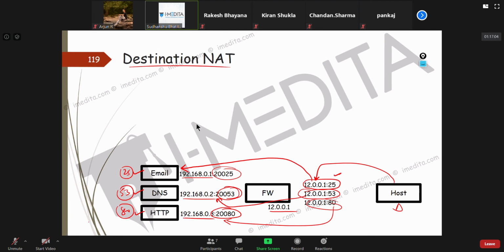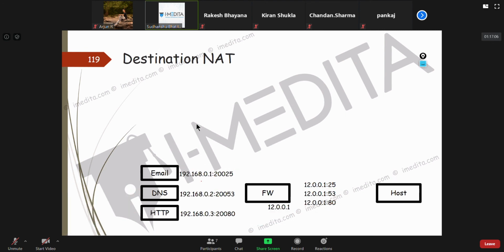But a lot of times, because well-known port numbers are available and even the attacker will know that if you have hosted a server for email, you will have port number 25, a lot of organizations don't keep the same port number internally, so that they can prevent an attacker from getting to the server, not really telling them the whole details about the network.